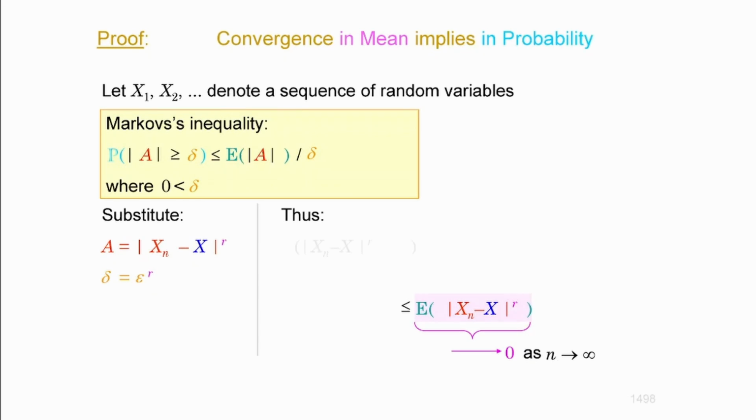by epsilon to the power of r. I'm going to show you why. Sorry, not e, epsilon, which is a predefined distance, whatever it is. I'm going to plug it in. So you get the probability that the distance of the sequence to the limit, to the power of r, of course, is being at least epsilon to the power of r. I chose delta to be epsilon to the power of r because I can then eliminate r. R is at least 1.